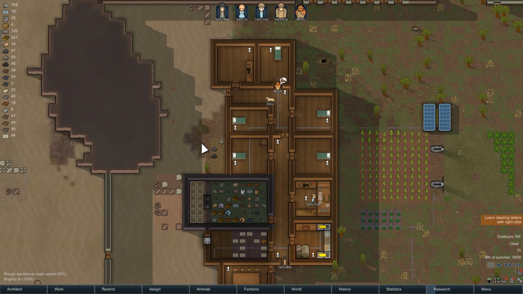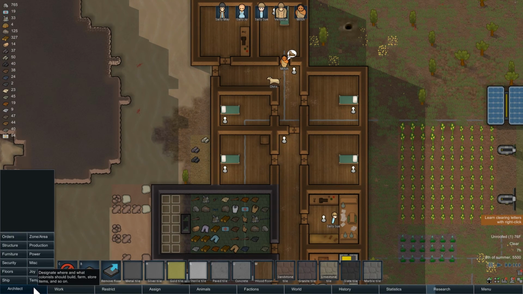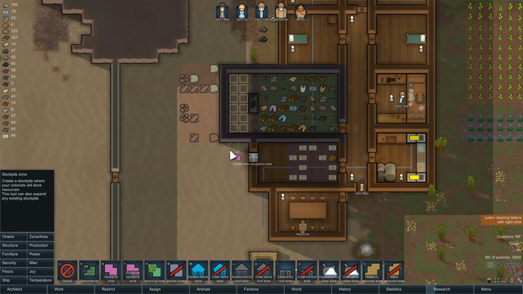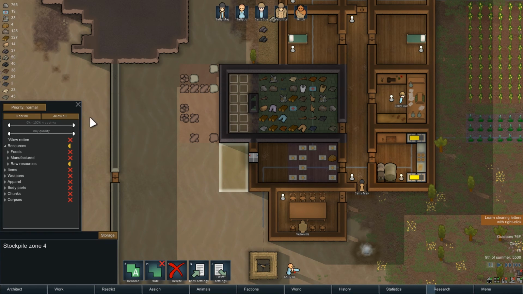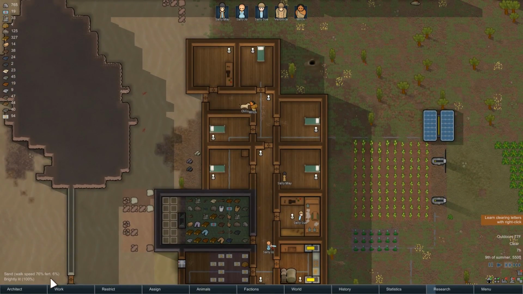Probably going to have to move the stone here. So let's grab zones. And we'll make a new stockpile zone. And we'll put it over here. And then what we're going to do is copy settings. And we're going to paste settings. That should have worked. Looks like it has. And then we're going to come over here and we're going to delete. And these things, they're going to probably just move. Okay. Now I need to start working on